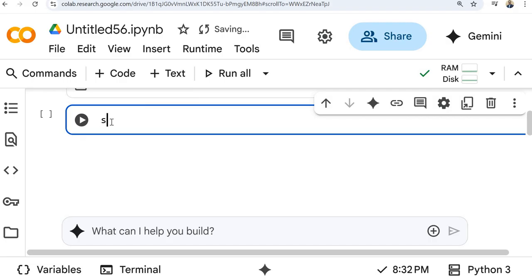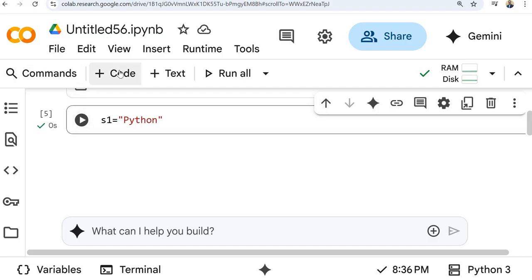If you have created a string s1 and you write Python, this is a string. As we have already discussed, within double quotes it will be treated as a string. So s1 is a string variable currently holding this string Python.